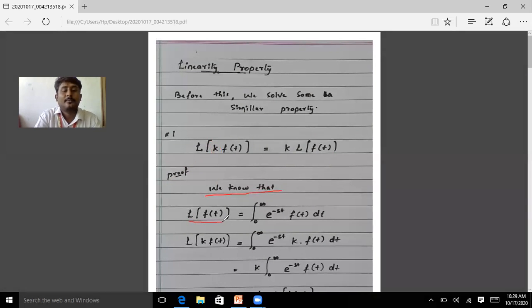Laplace transformation of f of t is equal to the integral over 0 to infinity of e to the power minus st f of t dt. Okay, so the function as it is, and with this function we have one constant value. Okay, so we substitute the